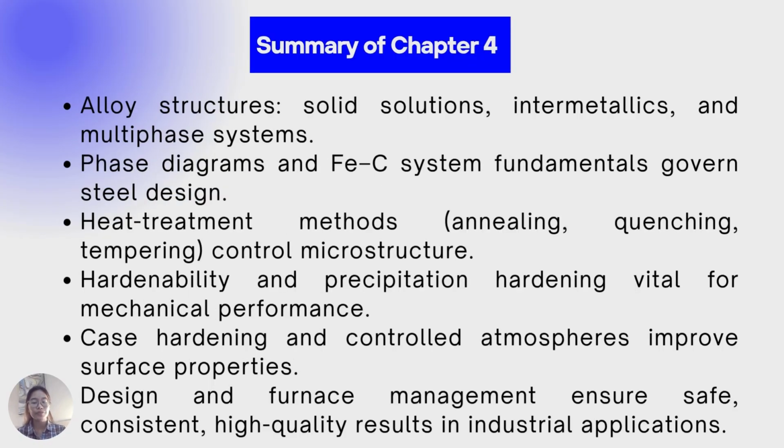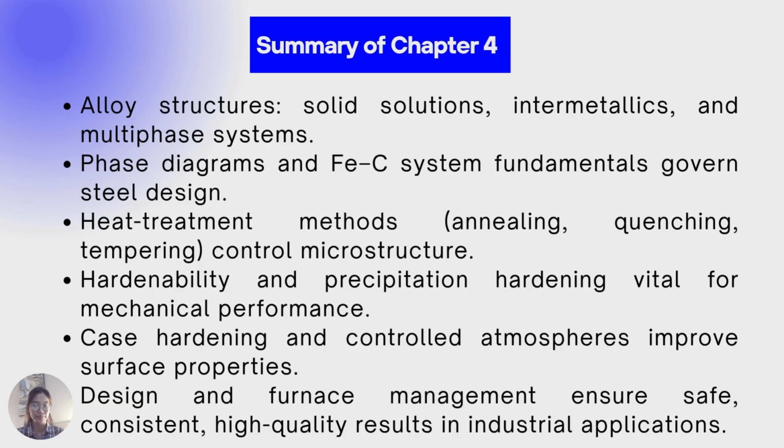To wrap up Chapter 4, let's review the key ideas. We began by looking at alloy structures, including solid solutions, intermetallics, and multi-phase systems, which form the foundation for understanding metallic materials. Then, we covered phase diagrams, especially the iron-carbon system, which helps guide the design and control of steel microstructures. We also explored heat treatment methods such as annealing, quenching, and tempering, each of which tailors microstructures to achieve